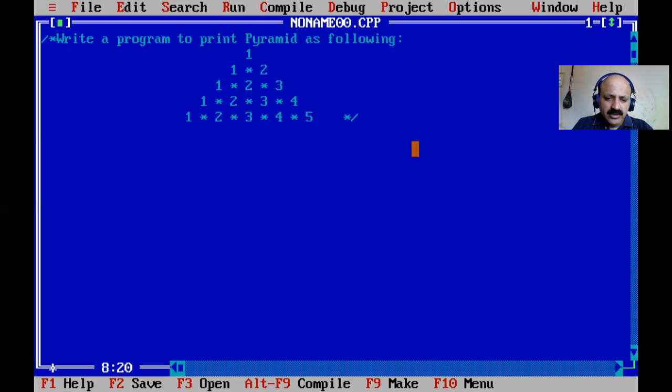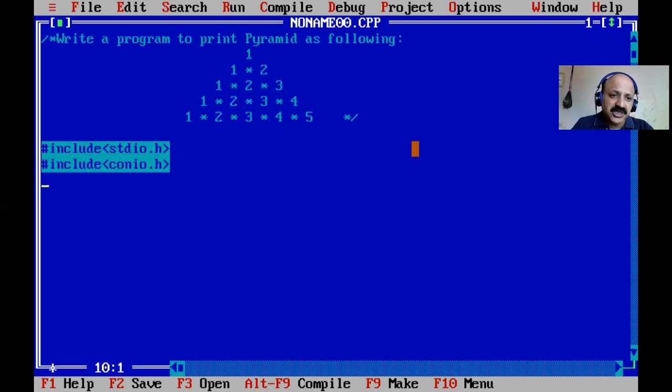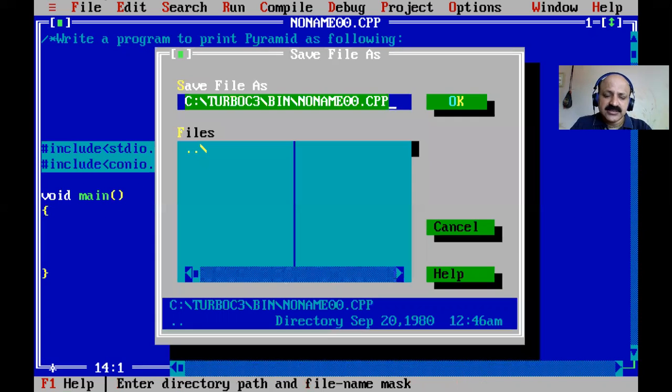Yes, so here we can start our link section with the header file include stdio.h. That is my technique: I can first simply print, and then convert to the desired pyramid shape. So here we can first print 1, 1, 2. That is our link section, and now the main function with opening and closing braces. First I save this file. That is a very important part. Save, otherwise if the light goes, your file is also gone.